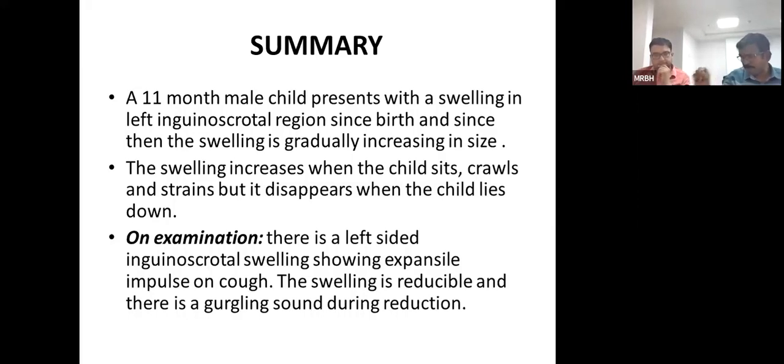From the upper pole of the testis up to the deep ring, this length of processus vaginalis, what happens? Disappears. In normal circumstances, only the distal part of the processus vaginalis persists. The remaining part of the processus vaginalis disappears. What may be the abnormalities? So when the portion doesn't disappear...